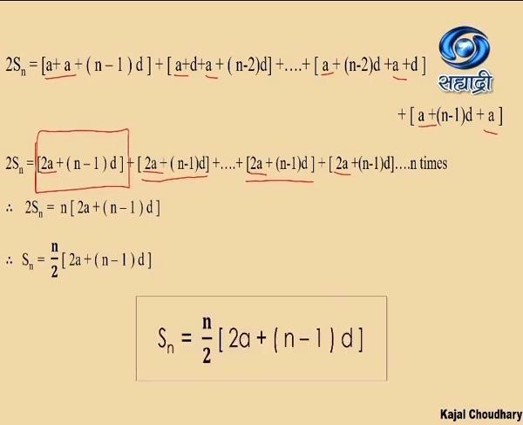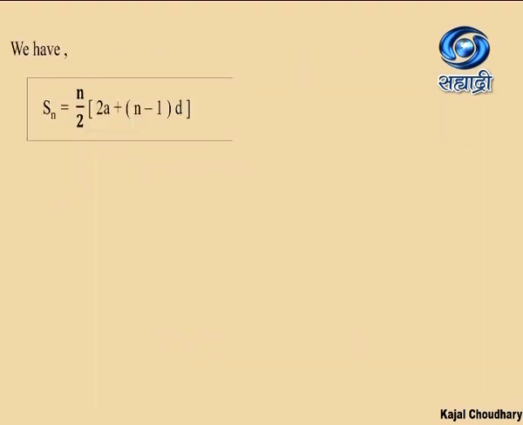So this goes as the sum of the first n terms of an AP. Now into this we can apply certain more formulas using this formula itself. Let's see how. Now if Sn is equal to n upon 2, 2a plus (n minus 1)d. Now 2a can again be written as a plus a, isn't it? If we can write a plus a as 2a, you can obviously write 2a as a plus a.